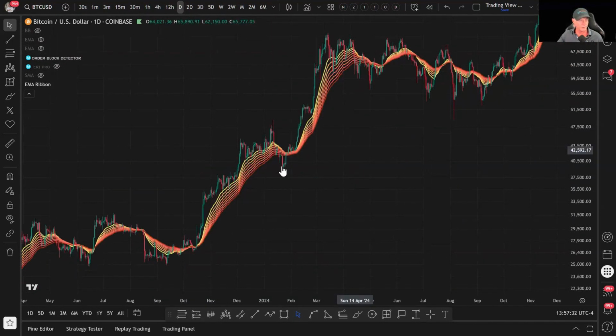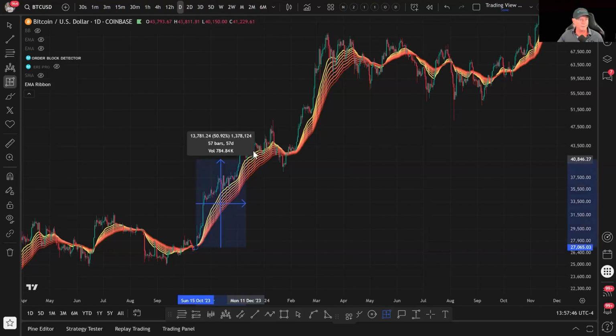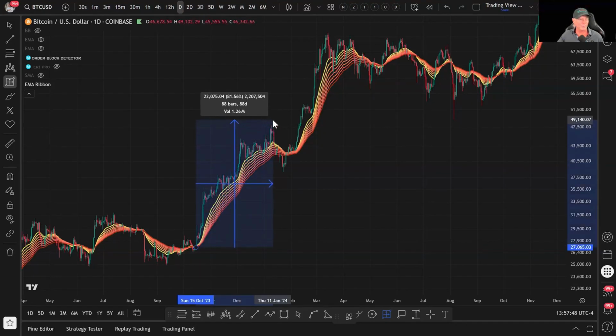October 23 is another time. Where is that? Here, January of Feb 24. Here, October of 23. Look at this, you guys. If you just did that, getting above that, I mean, it's never easy in the moment, but that would have been 80% gain there. Potentially, look,